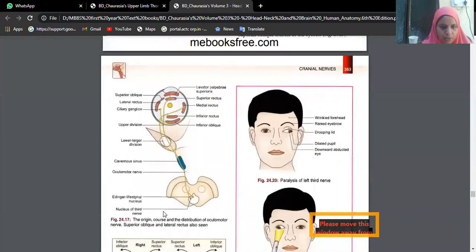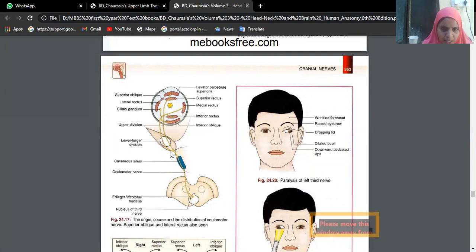Now see here, this is our oculomotor nerve. This is the cut section of midbrain that you are finding. In the midbrain cut section, you will see it is coming from the nucleus. The third oculomotor nucleus and the Edinger-Westphal nucleus are joining. This is the red nucleus that we see at the section of midbrain. Once it is emerging from the midbrain, you can see it is passing through the lateral wall of the cavernous sinus. And this fissure you are finding, what is this? Superior orbital fissure. So through the superior orbital fissure, now it is entering into the orbit.